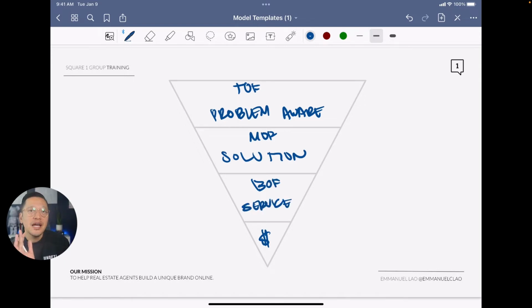Now, here's the thing. Most agents expect the leads that they generate, despite the lead source, to be this type of lead here. But to their dismay and disappointment, they find out one of two things. When they get a lead at the bottom of the funnel, which is when they're usually just looking for someone to help them with the service, it's either very expensive or it's garbage. I'm pretty sure you've heard a bunch of agents say doing ads online is garbage, or maybe you've said it yourself, but it's okay. Don't worry about it. We're going to fix that problem now. Anyways, speaking of that bottom of funnel, service aware lead, this was actually agent number 1.